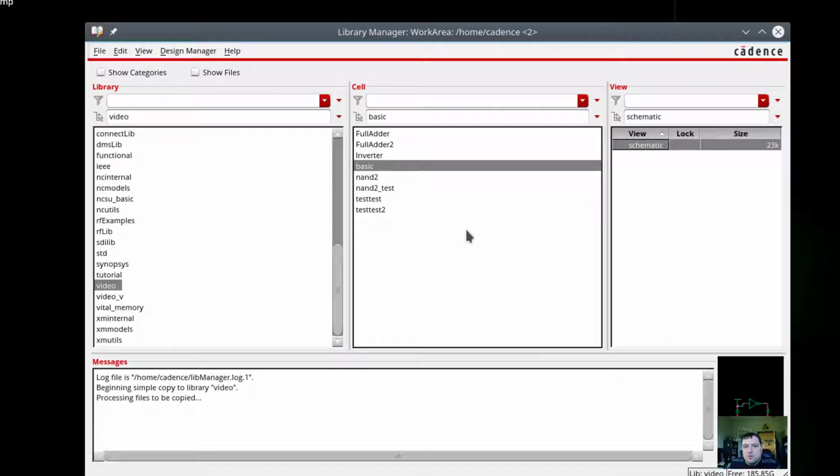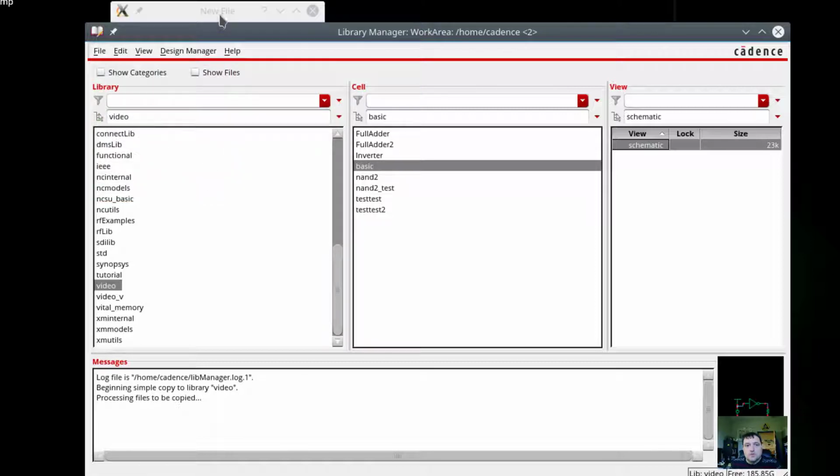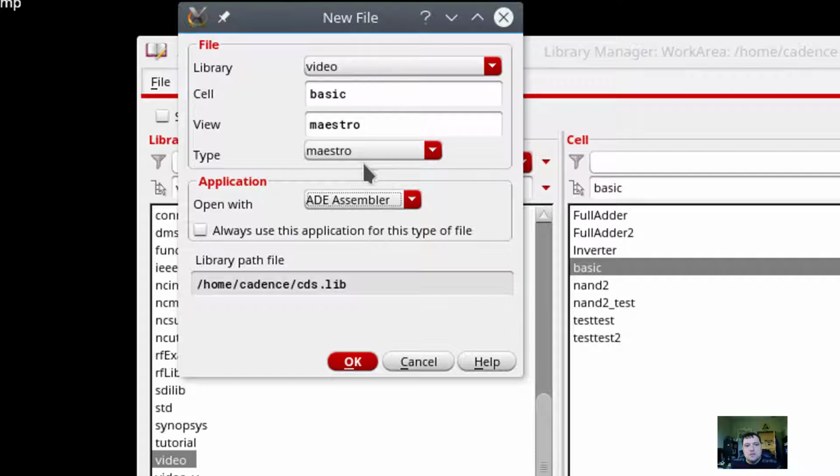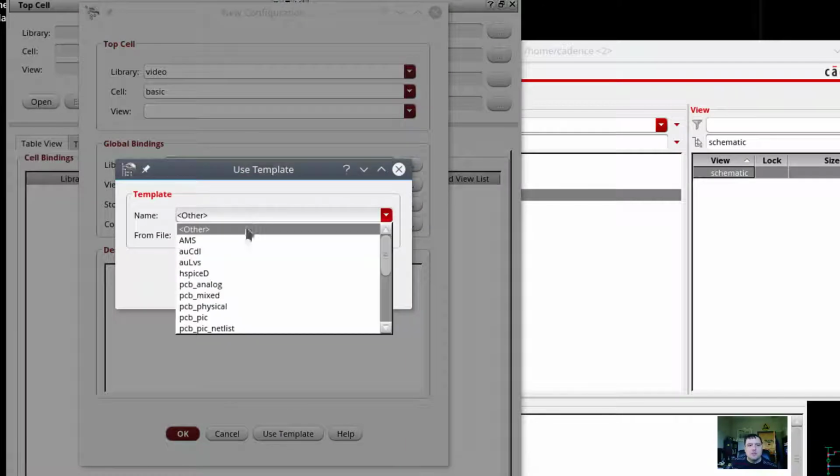So what I want to do to get this started is I'm going to have to make what's called a config view. I've got to configure what elements I want to simulate, because things like this inverter have a number of different cell views. So I'm going to make a new config. So I'm going to change this over here to config, and we'll create a cell called basic into this project. And the first thing I want to do is click on the use template button to bring up the AMS template,